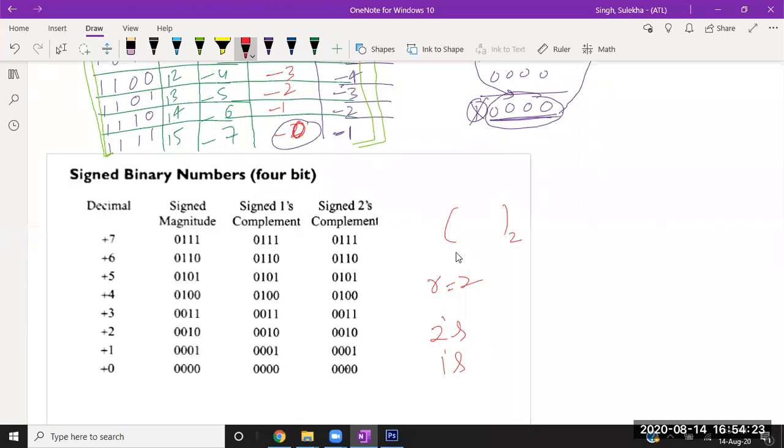This is the minimum value of R which we are studying, and the maximum value of R can be anything. This is the minimum value of R, which has only two digits: one is 0 and one is 1. That's why we consider only two things, R's complement and R minus 1 complement. If we talk about the R minus 3 complement or R minus 5 complement, those complements would be invalid for the binary system.